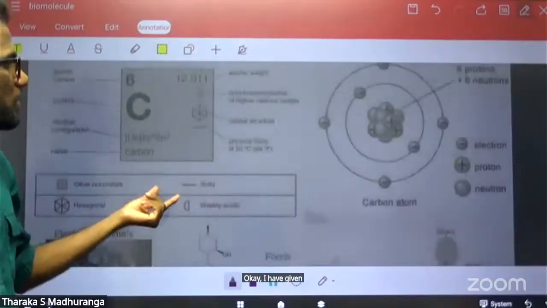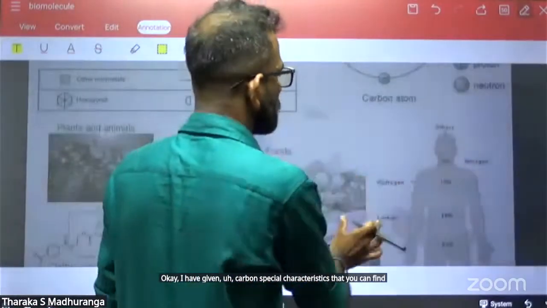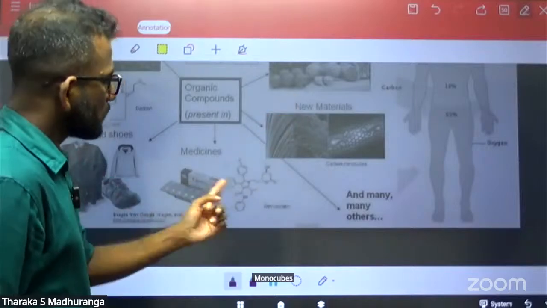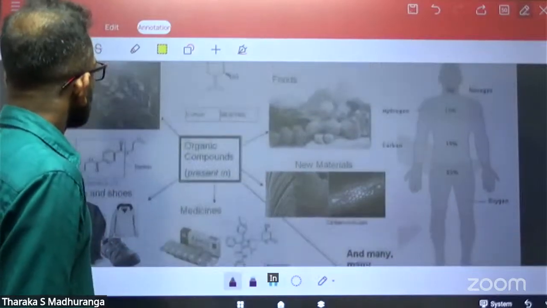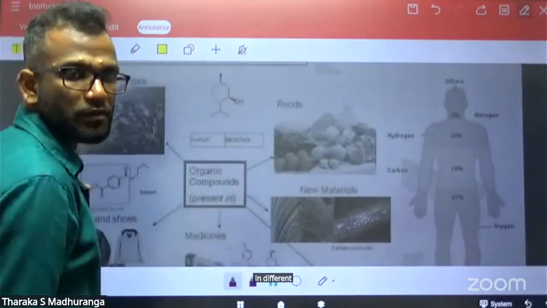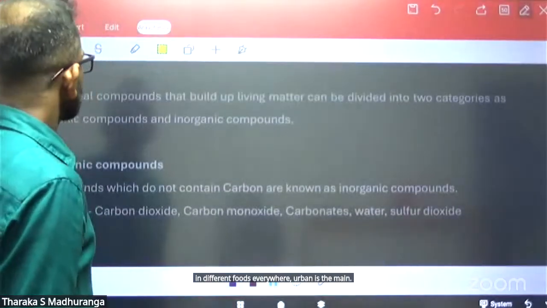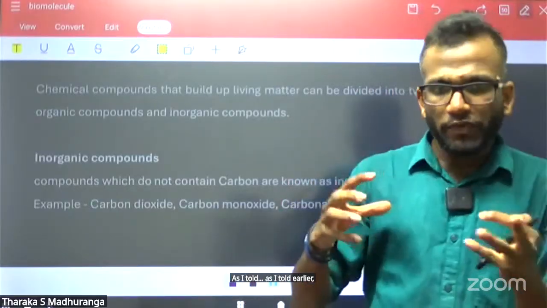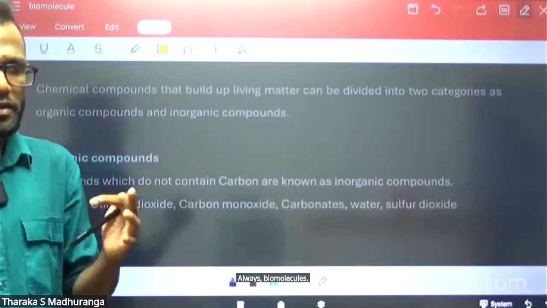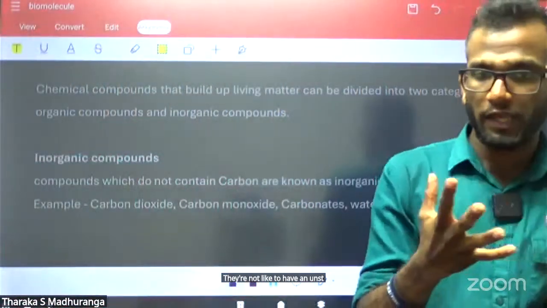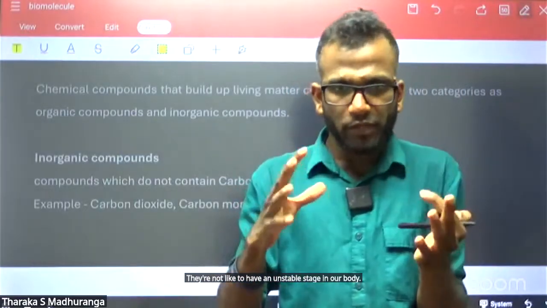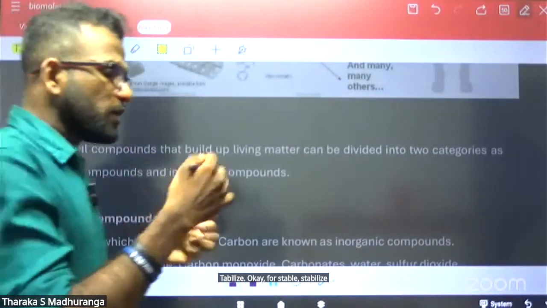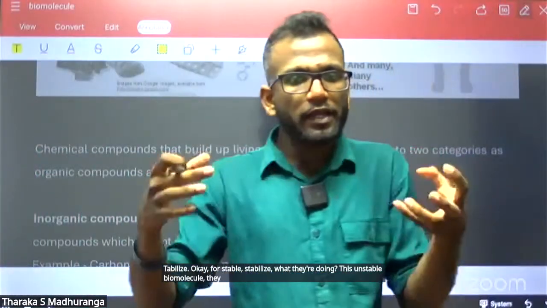I have given the special characteristics of carbon. Carbon is everywhere: in dress, in cotton, in different foods, carbon is the main source. As I told earlier, biomolecules do not like to be in an unstable stage in our body. They always try to become stable. For stabilizing, these unstable biomolecules combine with different molecules and